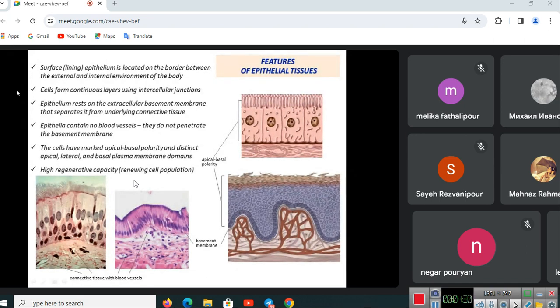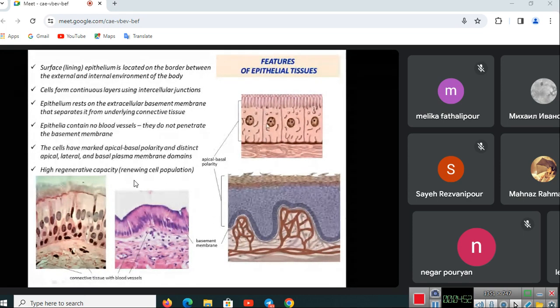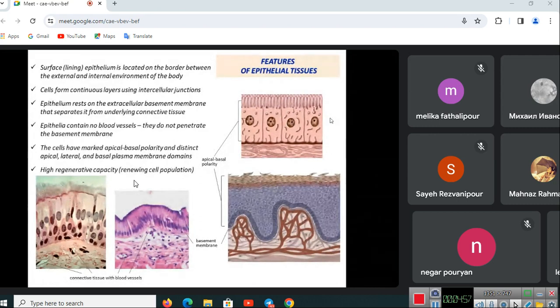Next, cells form continuous layers using extracellular junctions. Like you see here, the epithelium tissue consists of cells. Here you can see cells with a lot of extracellular junctions, junctions between the adjacent cells. You know that any tissue contains cells and extracellular matrix. But in epithelial tissues, we have almost no extracellular matrix, and